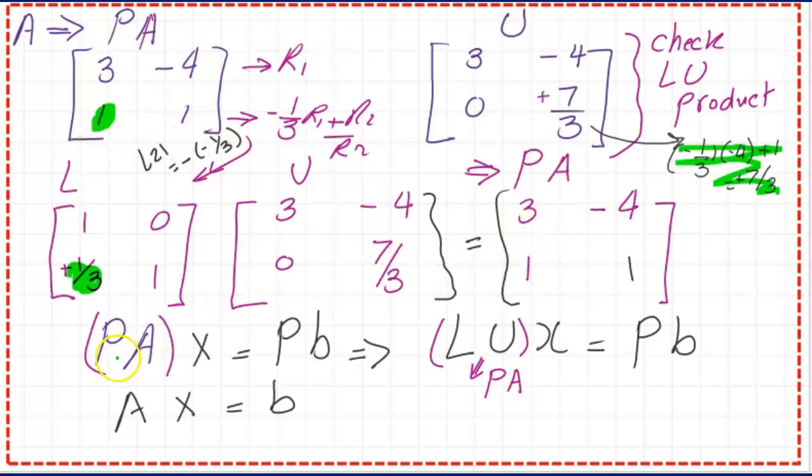So we come to the conclusion that the permutation matrix multiplied by A, all multiplied by X, is the permutation matrix multiplied by B. And the expression we have is that PA is LU. This will lead us to LUX equal to P multiplied by B. And this is the previous expression prior to the row exchange, which is AX equal to B. We'll move to the next slide.